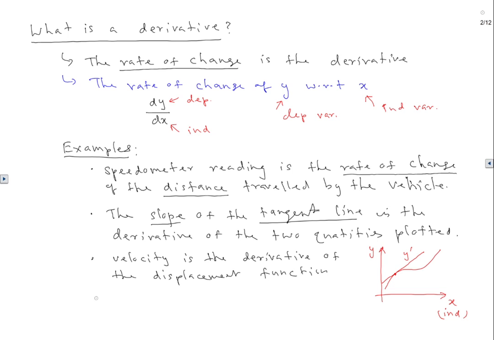Just one more example. So this is very clear. The velocity is the derivative of the displacement function. It's a displacement, it's a vector now. Speed is the derivative of the distance function, because that's a scalar. That's the difference. And then as the last example, we can see when we apply a force,